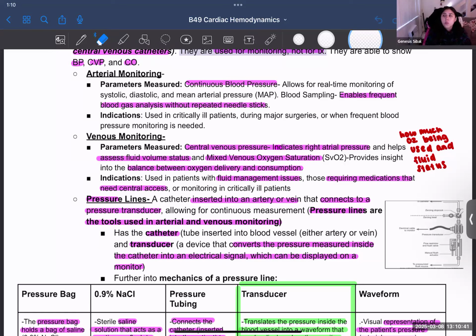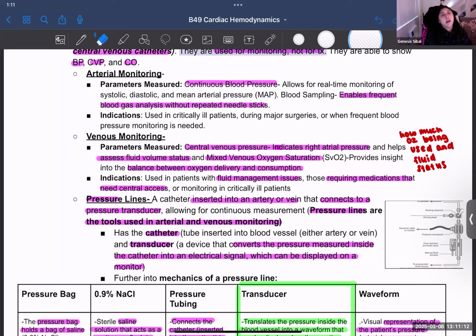So what is central venous pressure? With arterial, we're looking at the pressure within your blood pressure. Central venous pressure is more about what your fluid status is overall, if that makes sense. So blood pressure versus fluid volume status. I can understand the confusion, because isn't blood pressure also telling you that? Well, it's also just telling you kind of what your